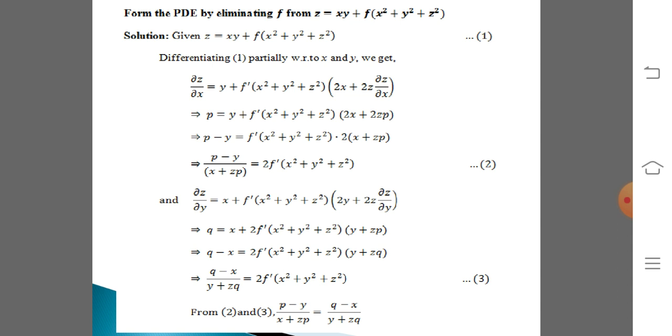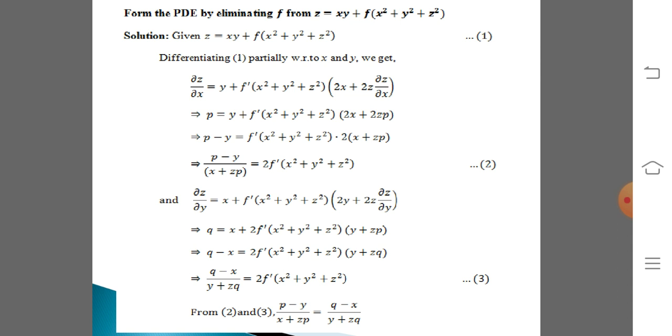In the first term we have xy, in this y is constant and the derivative of x with respect to x is 1. So the derivative of the first term on the right hand side with respect to x is y. So ∂z/∂x equal to y plus,